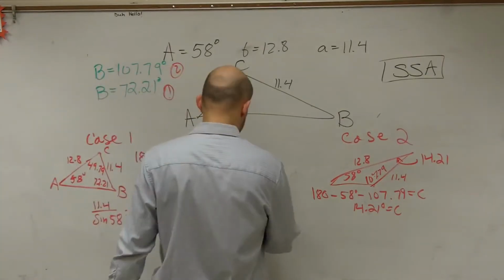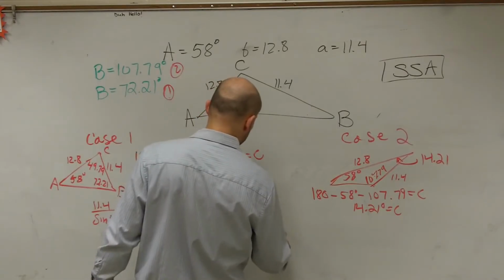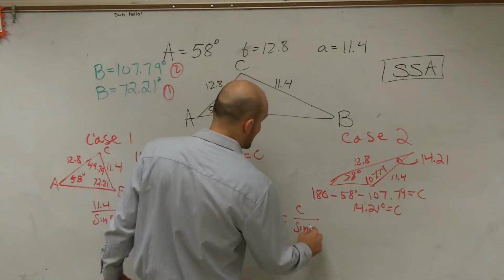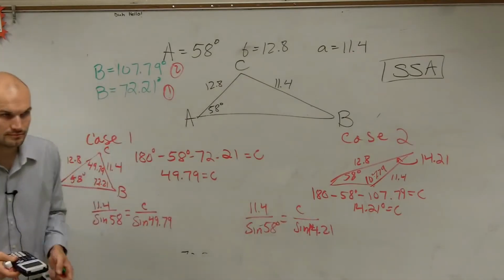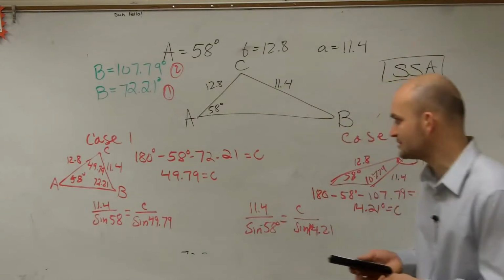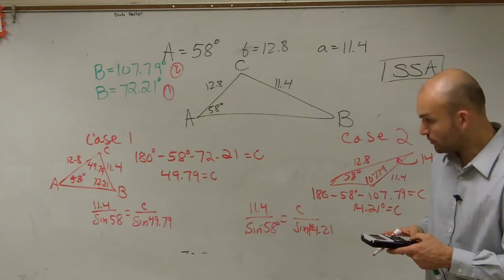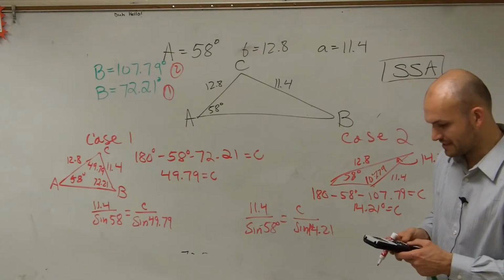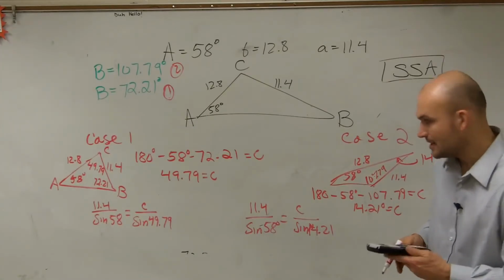For case 2, I'll do the same thing: 11.4 over the sine of 58 degrees equals C over the sine of 14.21. Then I'll cross multiply and divide. I'm going to do this to speed it along. For case 1, I'll do 11.4 times the sine of 49.79 and divide that by the sine of 58, and I get